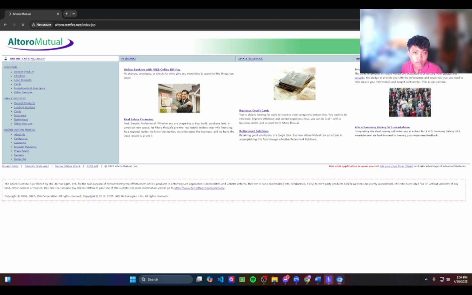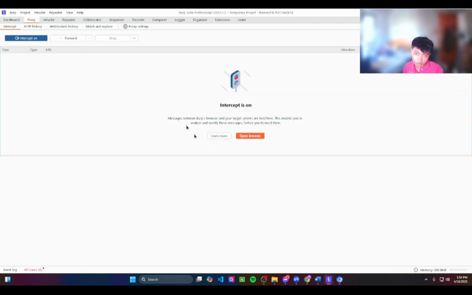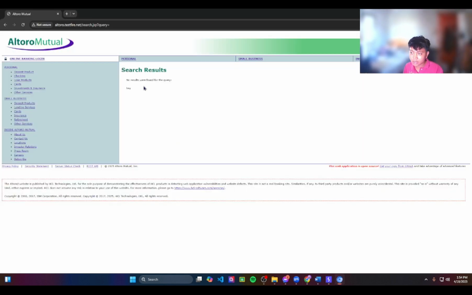Like in the search bar, they can intercept that too. When you type something, they can also input in that. They can put something and it will go through.